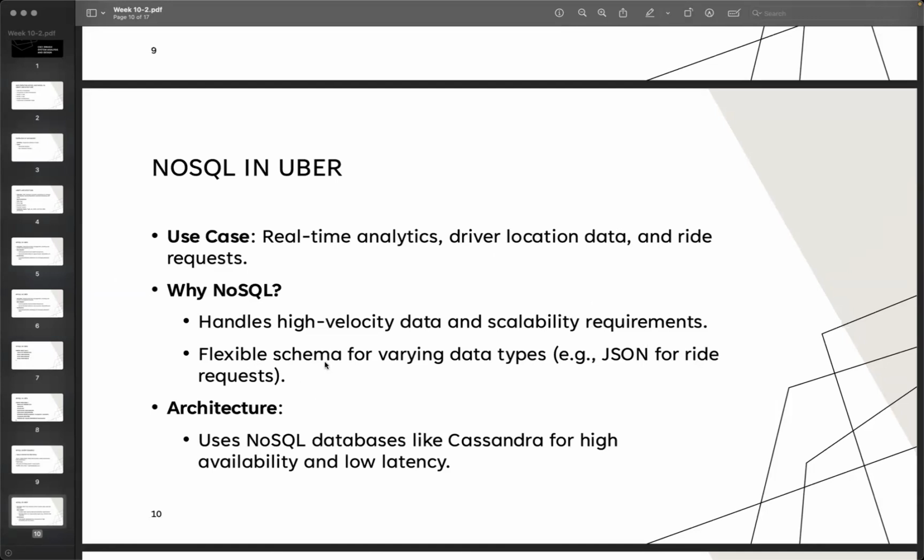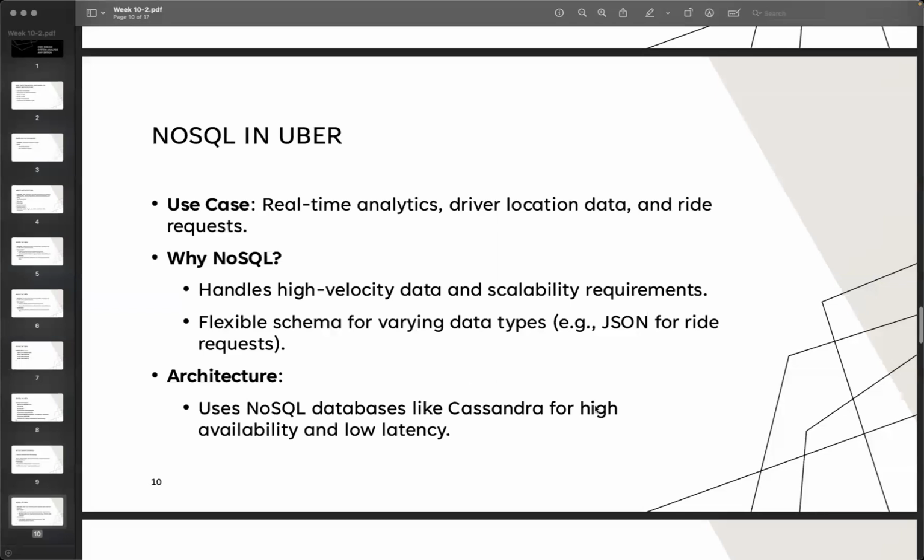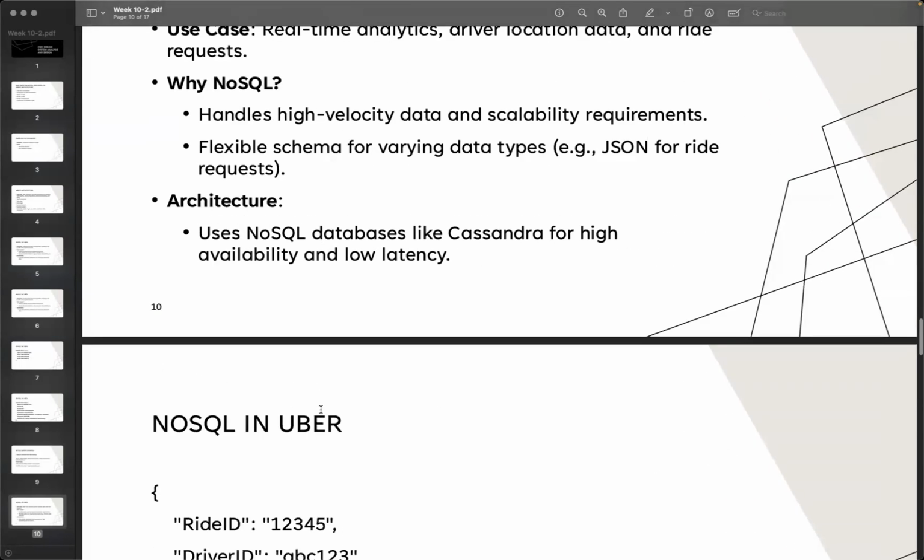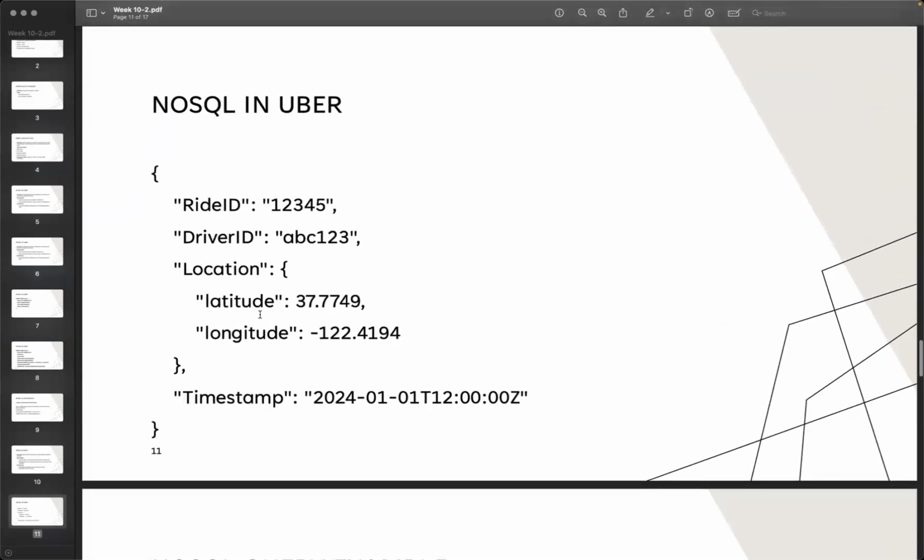So we will add flexible schemas with different data in JSON, and then we can add a field inside the JSON file with any array. And then in the architecture, we cascade for high availability and low latency. So we can declare the data in this format